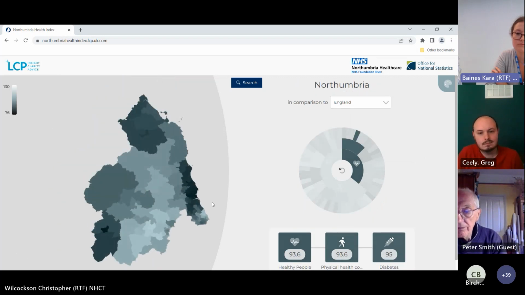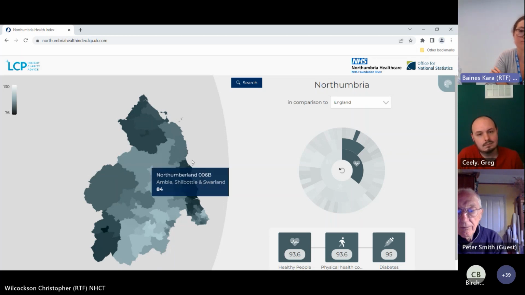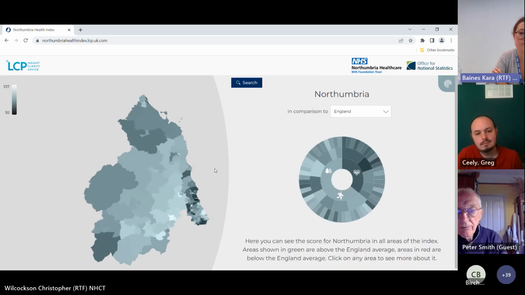So here we're looking at where, theoretically, we're estimating high prevalence of diabetes based on the local health index. From a local perspective, seeing that kind of pattern on that map is not unexpected. That is what we would expect based on what we know locally about the area. And also, you can click on any one area and then see how that compares to the others as well. So this is really, really valuable for us to have.